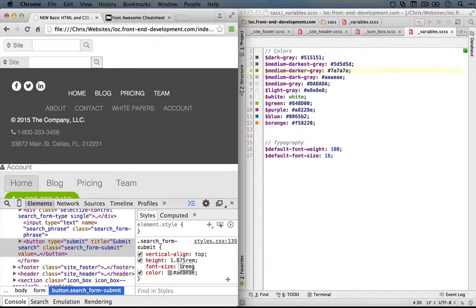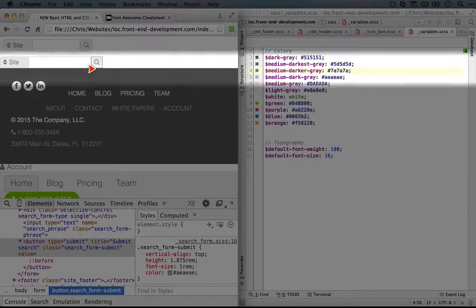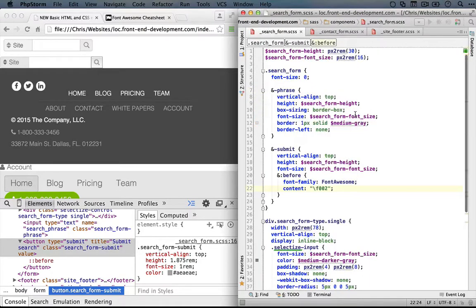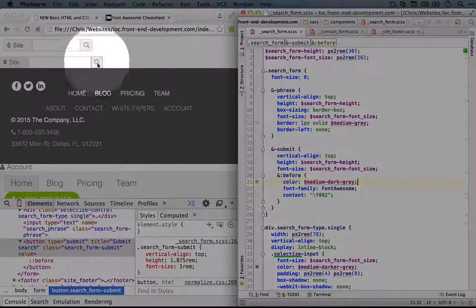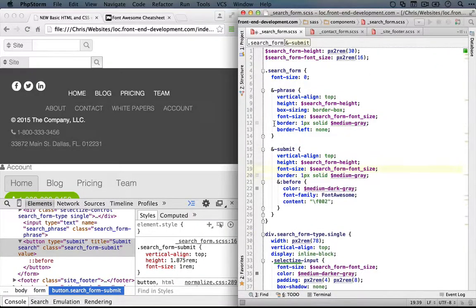Okay, so for now, let's go with a change in the color. And we'll complete the styling here to see if changing the border around this input affects how this pops. So I'll jump back to our search form CSS, and we'll change the color here to medium dark gray. We'll refresh. And now let's set the border to the same as what we had for our input. So we're gonna do a border 1 pixel solid medium gray, and we'll do this on the input directly. And then again, we're going to set the border left to none.